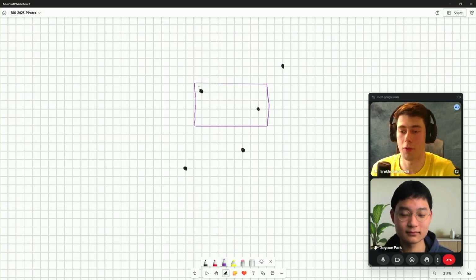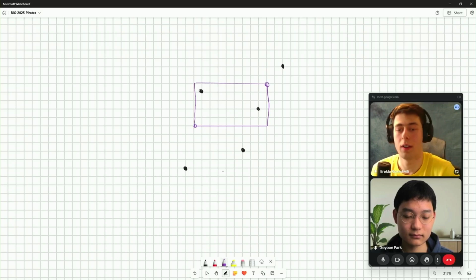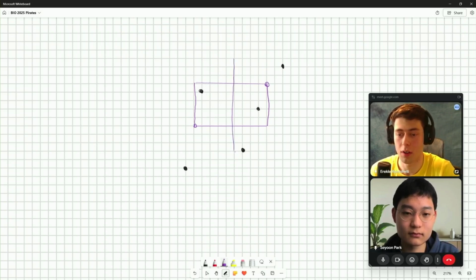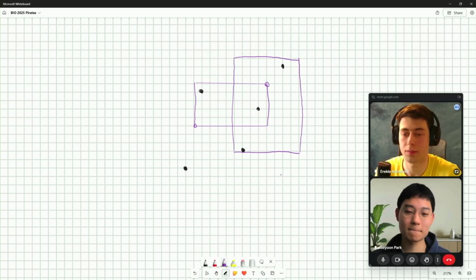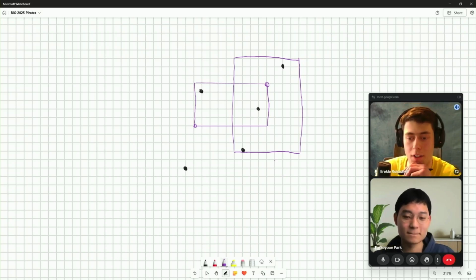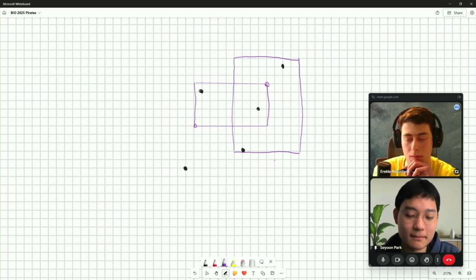The format the rectangles are given in is that two of the corners of the rectangle are provided, and that defines the rectangle. So for this rectangle, the answer will be 2. We might have another rectangle like this, and the answer will be 3. And that's how it's given.